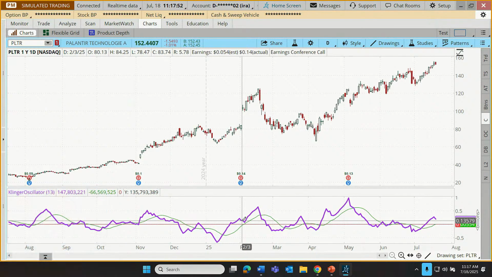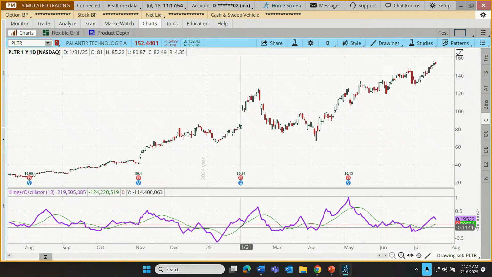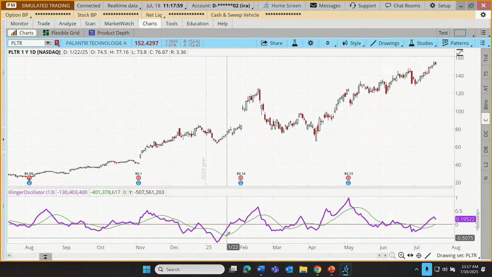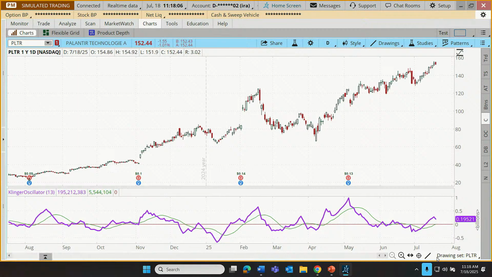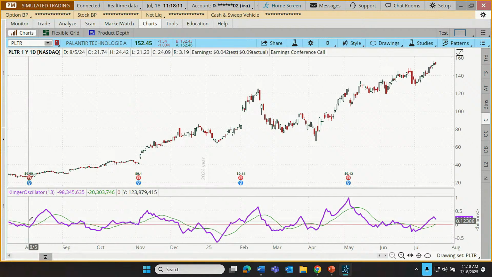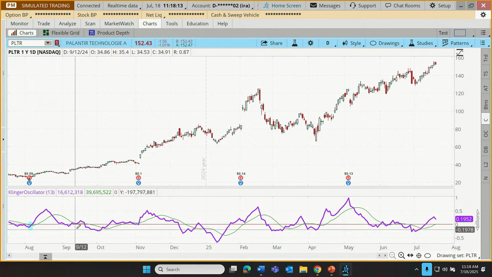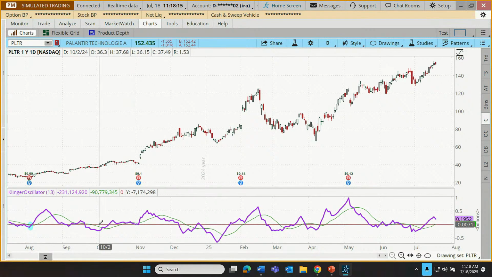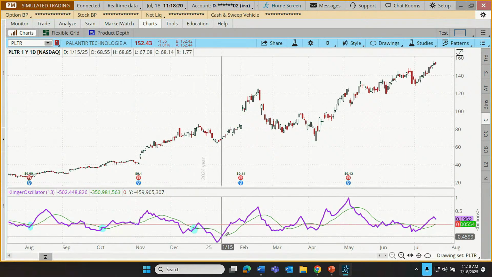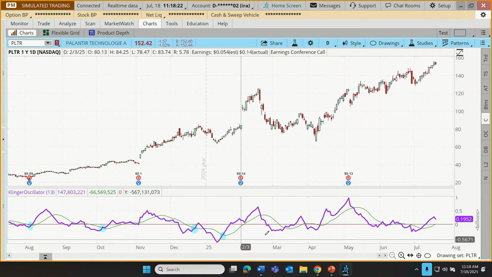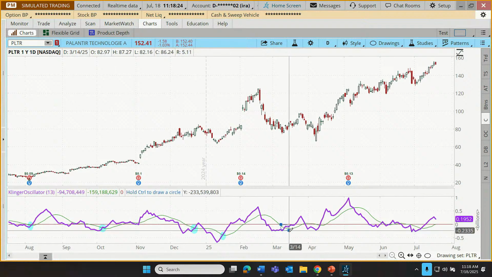The purple line is the Klinger oscillator line, and the green line is known as what's called the signal line. And when there's a crossover of the Klinger oscillator through the signal line, that may be a bullish indication to our technical trader. And it might be a sign that prices are gaining some momentum through 3 different mechanisms and might be signaling an entry. So let me just highlight some of these. And I've qualified these in a very specific way that we're going to talk about. But I'm just going to highlight some of those crossovers that I'm talking about.